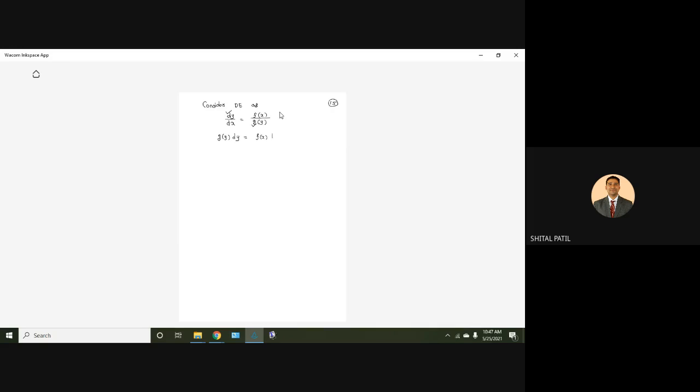Why? Since usually we write y equal to a function of x. So y should be on the left hand side whenever possible, and this should be on the right hand side. Okay, so this is the variable separable form. Does everyone understand? Variables are separated. Now we can integrate. So write, integrating g of y dy equal to integration of f of x dx. And when we integrate, then we add the constant, not before. And then the integration will be the required answer. This is the answer.